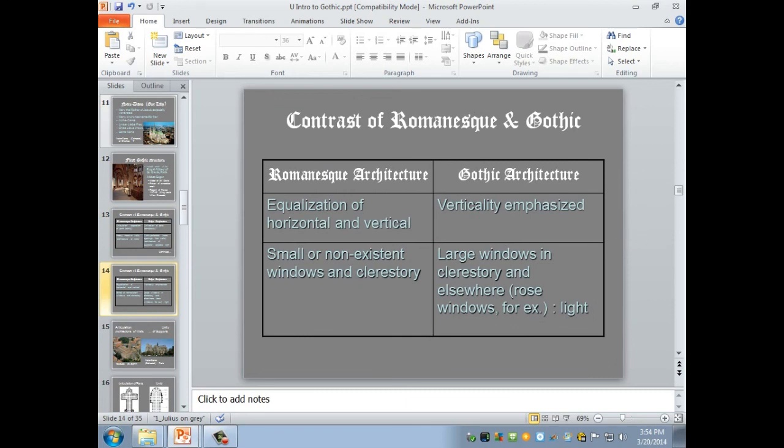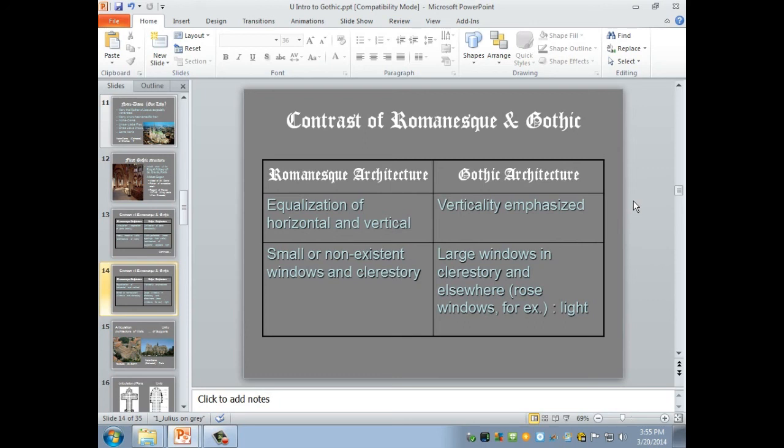Now, when we look at Toulouse, there are some windows in those churches. There's some in the apse or the choir, the eastern end, the main altar end. And there's some in the side aisles and the galleries. But when you're looking at the nave, there's no clerestory. They've got an arcade, a gallery, and no clerestory.